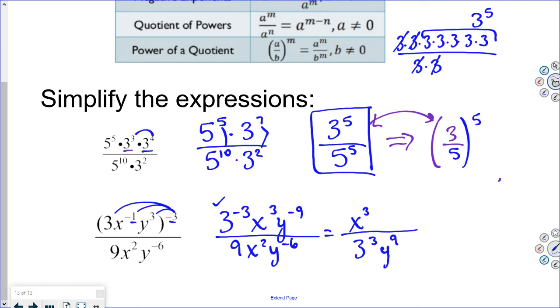And then we look at the bottom ones. That 9 is going to stay put. X to the squared, or excuse me, x to the 2nd, or x squared, stays put. And that y to the -6, it's going to move, but that exponent then changes to be a +6. Okay, so then when you look at this,